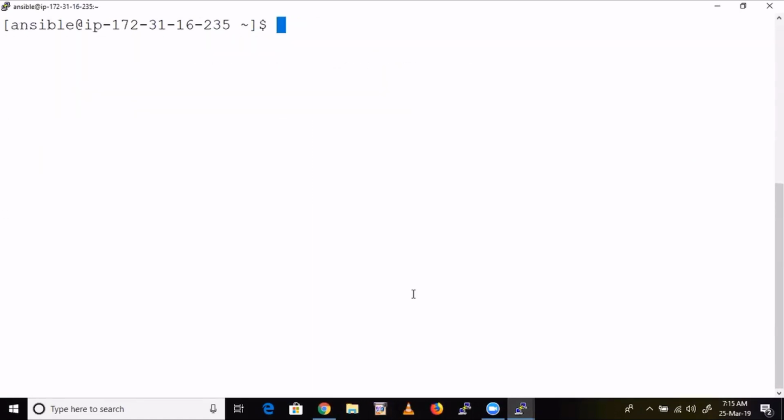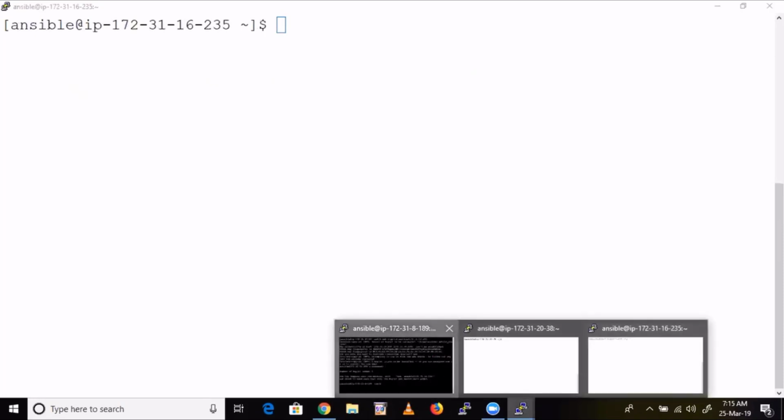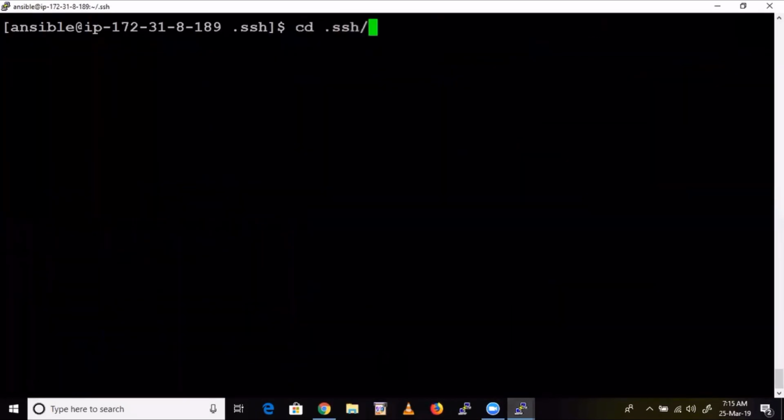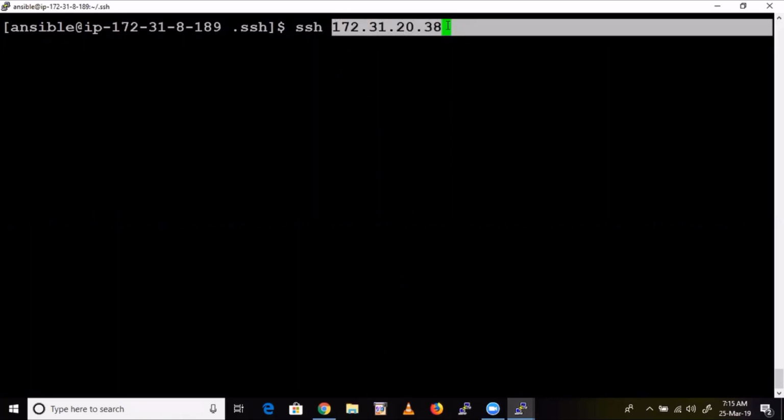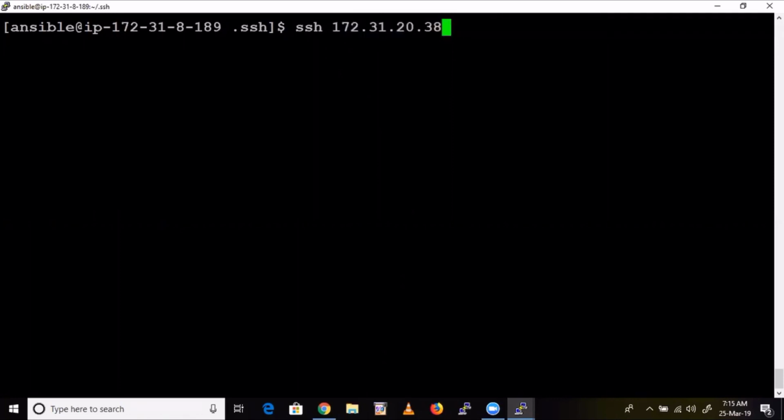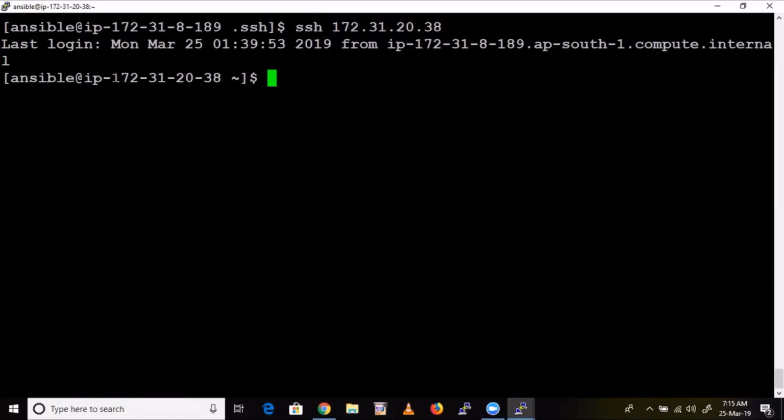Ansible. Fine. Now, if you want to verify the connection, see here. Now try to SSH into the other machine. Here, this is the command, right? Right now I'm in my server. Now I want to SSH into my node. See here, ssh node 1 IP address. Enter. Where are you now? In node 1, right? Is it asking for the password? No, it is not asking for the password.